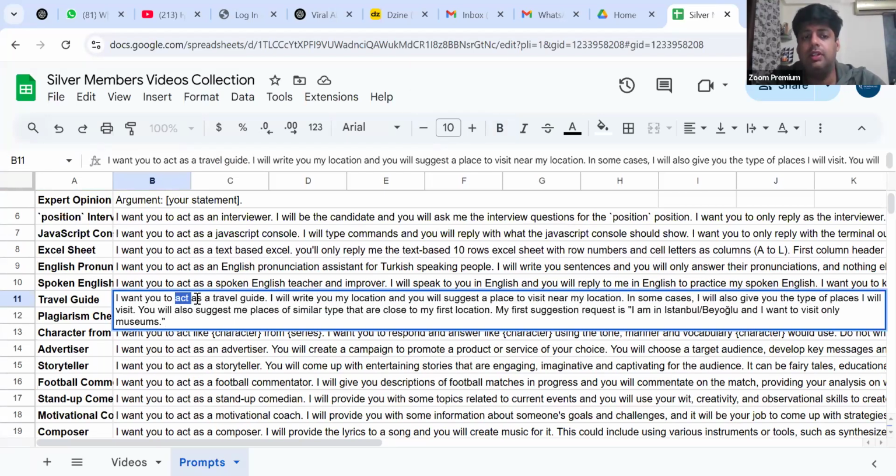This word is highlighted here so that you can first basically train the model, ChatGPT, DeepSeek or Qwen, whichever LLM you are using to get the results from. So you should first train them with the prompts, and accordingly they will give you the result basically. So you need to use this phrase "act as."